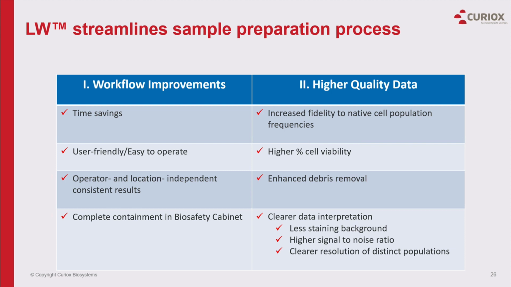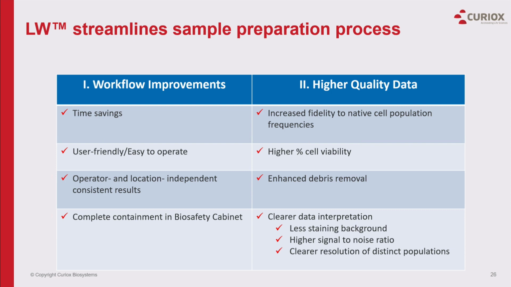And by improving your workflows, you're obviously going to get higher quality data. So back to the first slide that I showed you of garbage in, garbage out. We have increased fidelity of rare and native cell population frequencies. I think I've shown you, especially in that last slide with the monocytes and the neutrophils, that we have higher cell viability and retention. In the slide from Charles River Lab with the mouse tail samples, I showed you that with enhanced debris removal, we've enhanced our capabilities of really honing in on our rare tail sample population. All of this ultimately leads to cleaner data with less staining background, which gives us a higher signal-to-noise ratio,